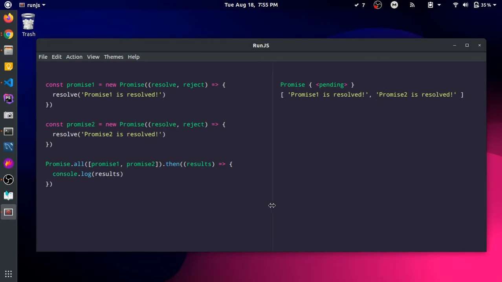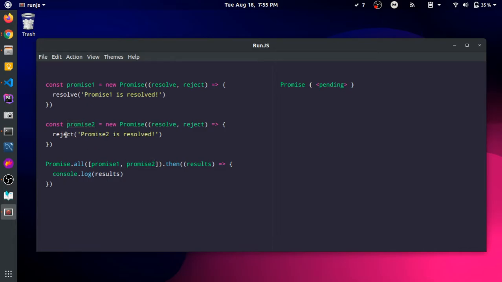Okay, now we will be rejecting one of the promises over here. As you can see, once one of the promises is rejected we haven't got any sort of result, because the resulting promise from Promise.all has been rejected, because promise2 got rejected over here.